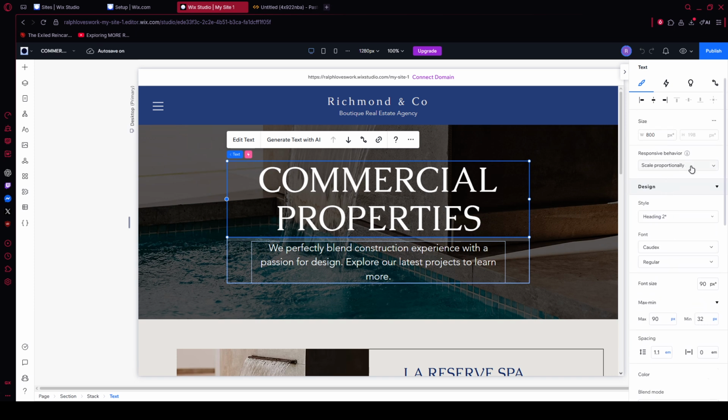Scale proportionally lets type grow or shrink in sync with the page, maintaining hierarchy as screens change. Wrap means the text will break to the next line as its bounding box narrows, ideal for paragraphs and multi-line headings. Fixed keeps the text box at a set width and height, useful for strict layouts, but check across devices